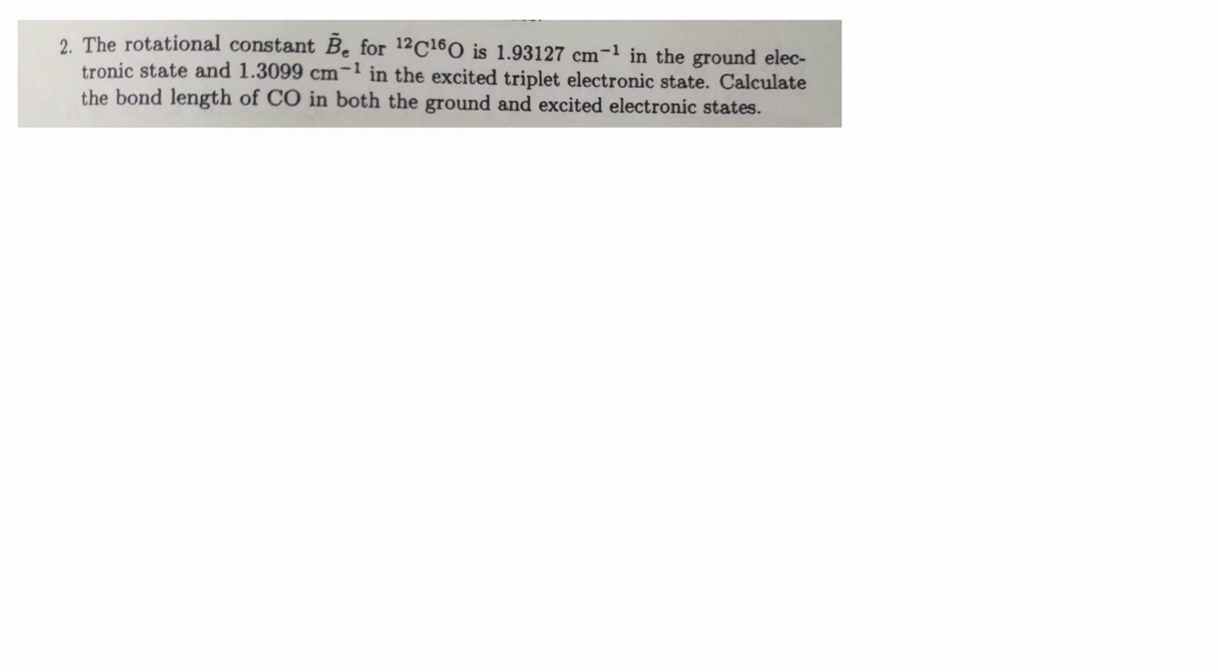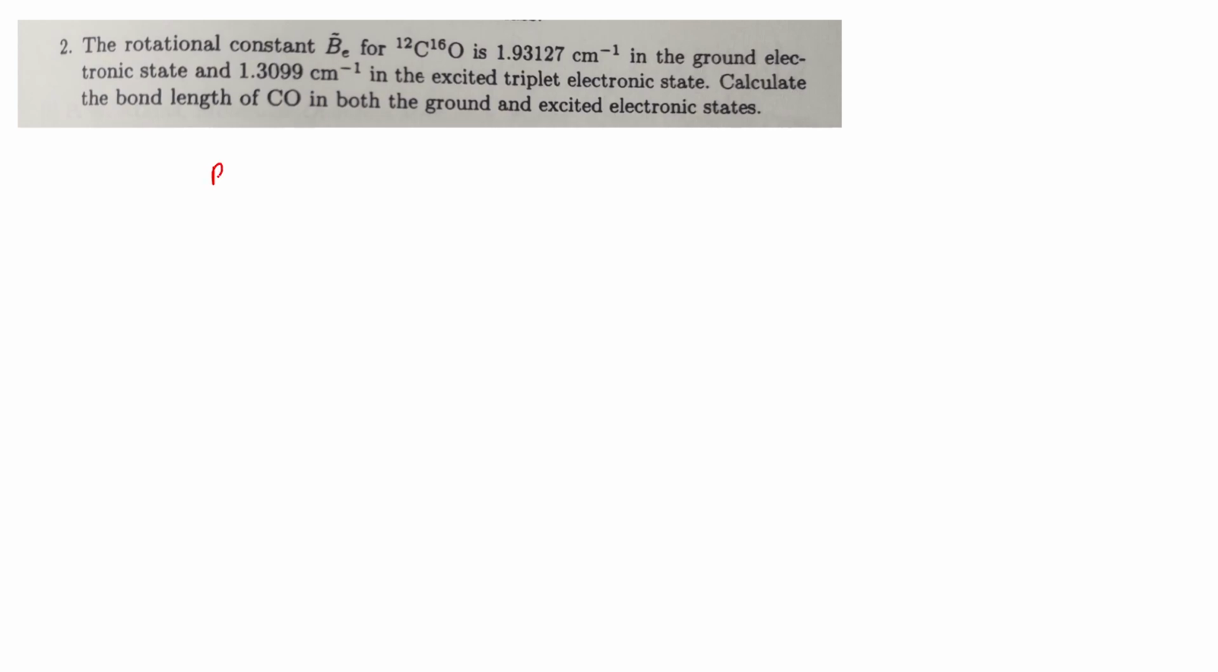Okay. So the question is the rotational constant for this 12C 16O is 1.93127 centimeter inverse in ground electronic state and 1.3099 centimeter inverse in the excited triplet electronic state. Calculate the bond length of carbon monoxide in both ground and excited electronic state. So